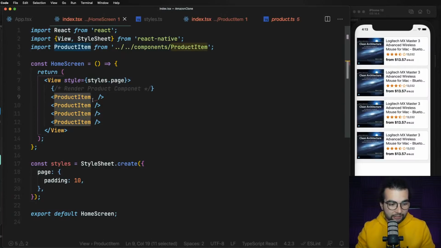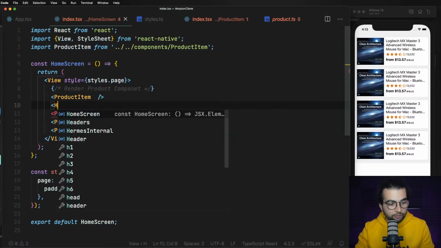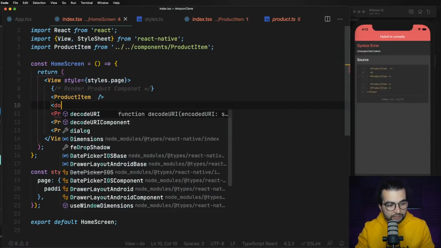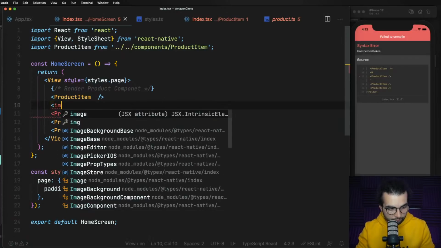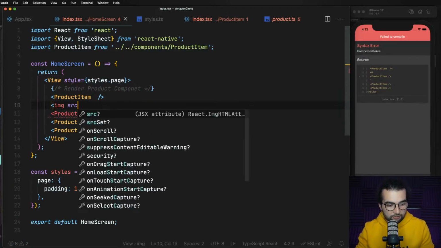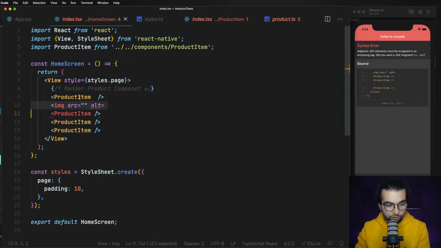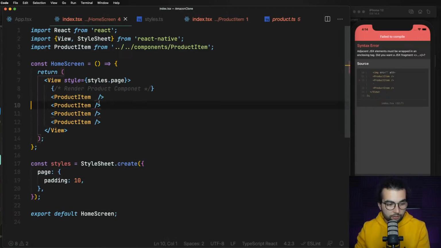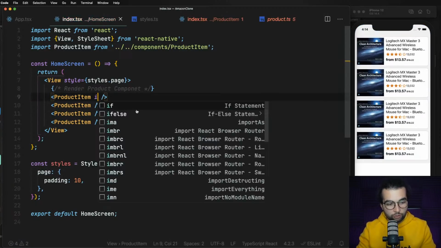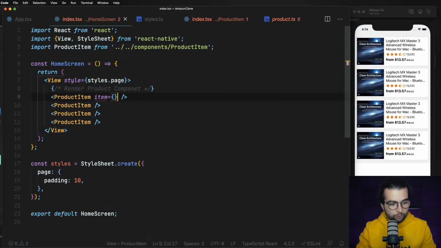component, of this tag, similar to how you do that in HTML, where you have the image with source, something like that, and then alt, and these are the properties. This is how you send properties to the component. The same way we're gonna do it here for our product item. So our product item will render an item that we can define